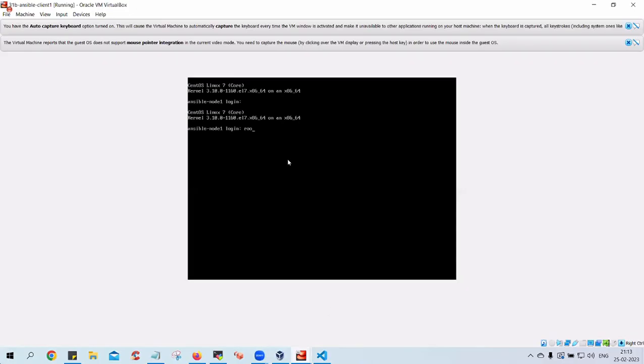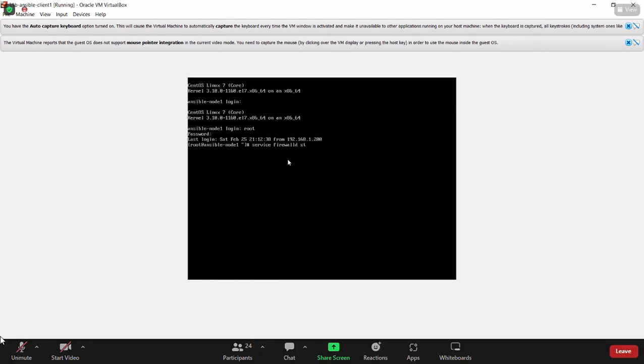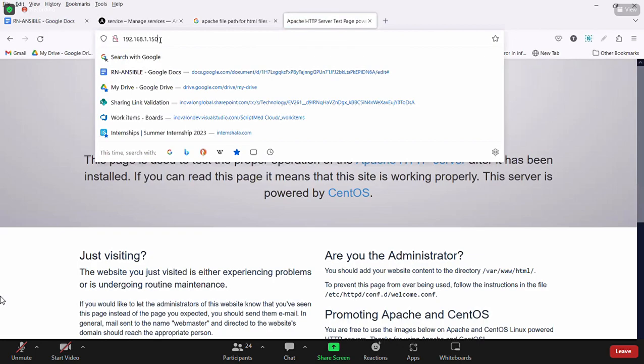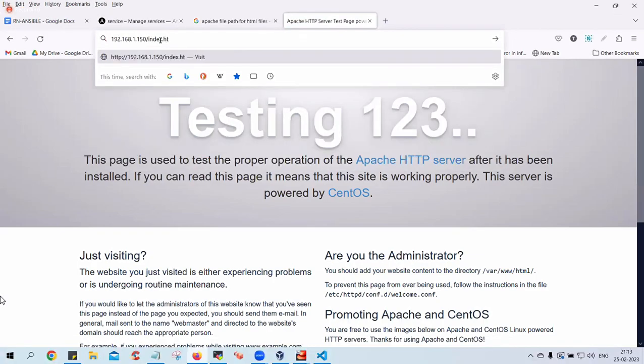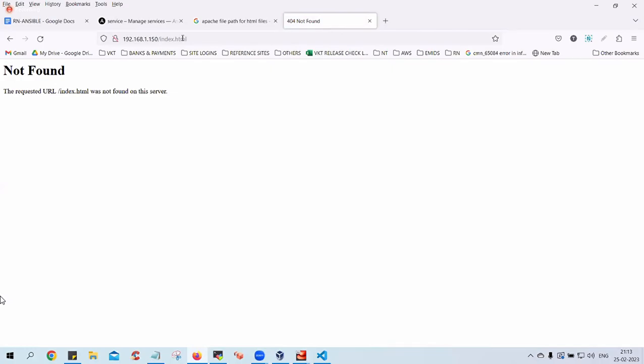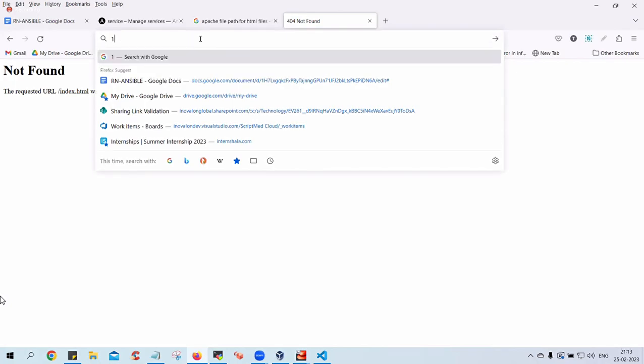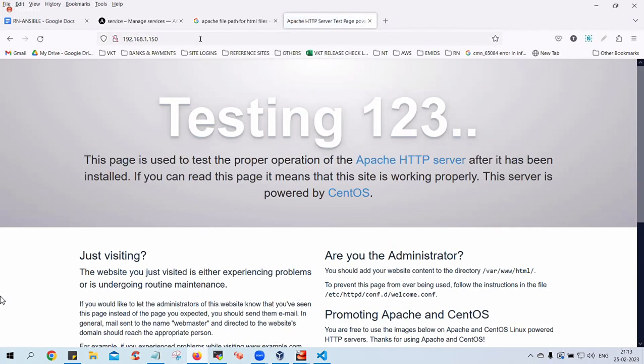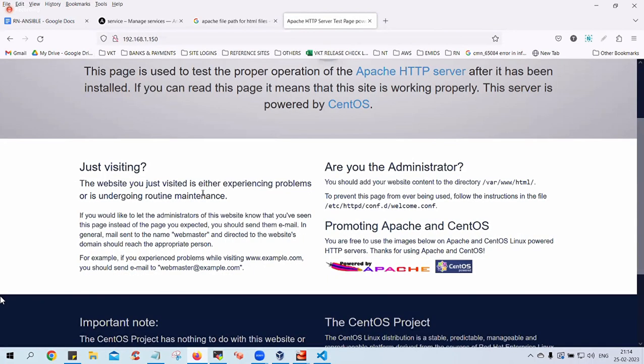So let me log in to this machine. Please write this command, guys. You need to disable the firewall. Service firewall stop. Let me try again. Then here in this index.html, why is it not working? So 192.168.1.150, it is coming here, but